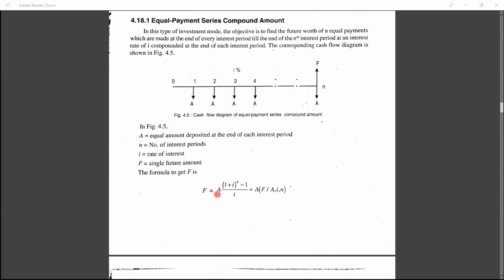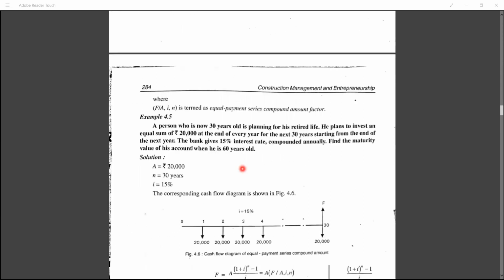F is equal to A into ((1 plus I) raised to N minus 1) by I. See, these are all empirical formulas, no need for derivations. Just you can see that with respect to the difference in the years, whatever values you are getting with respect to interest I%. So if you come to the problem, a person who is now 30 years old is